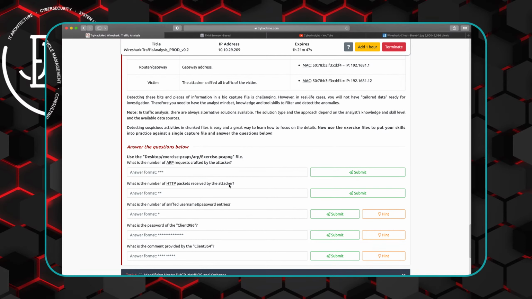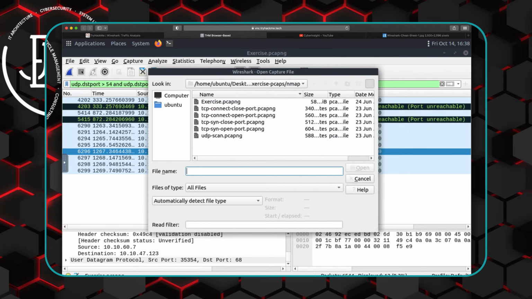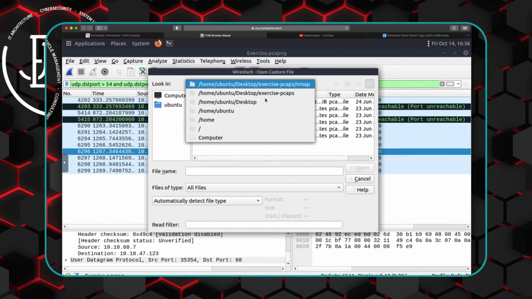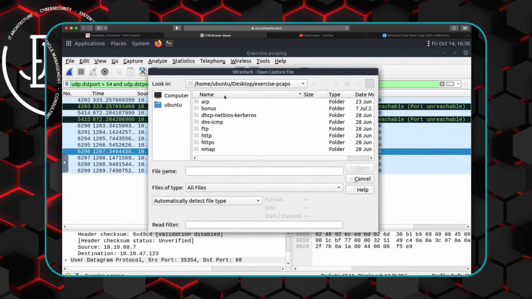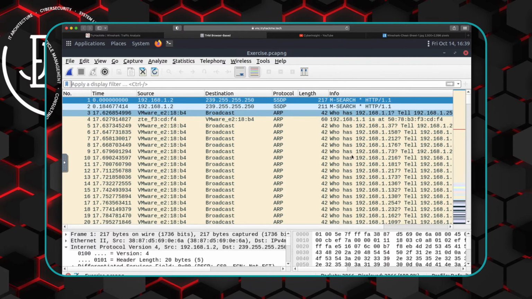So let's go take a look at this. This is the ARP exercise pcapng. So we're going to open this up, and let's go to exercise PCAPs. There's ARP exercise there. We'll get rid of this filter. And here we go. So we've got 2,866